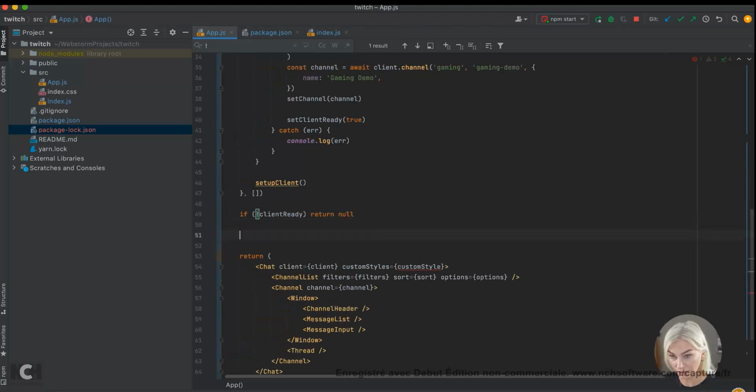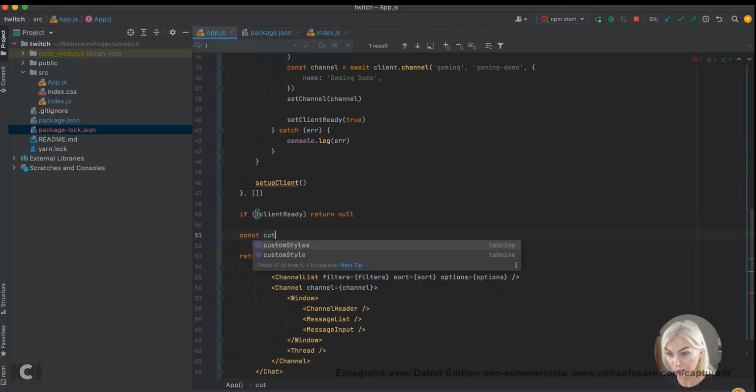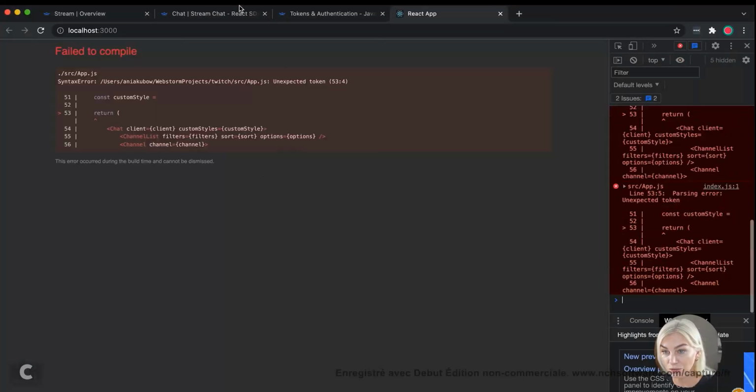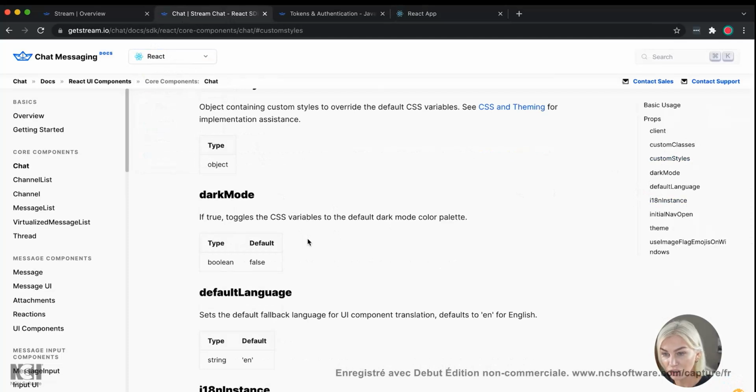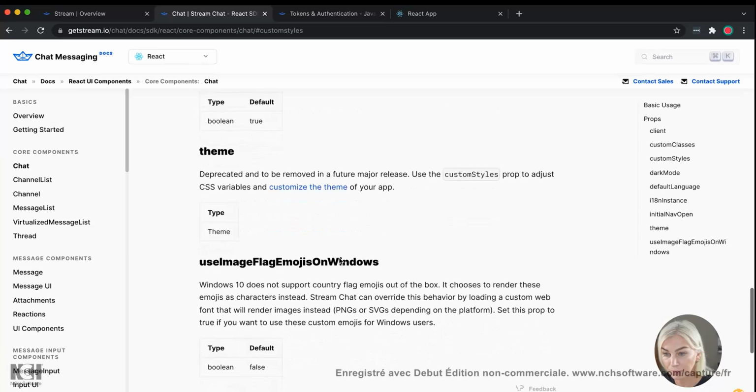So I can define it right here, custom style equals, and for this, I would actually have to do it in the same format as they have done here. So custom styles. And if we just take the dark mode, for example, so custom styles,